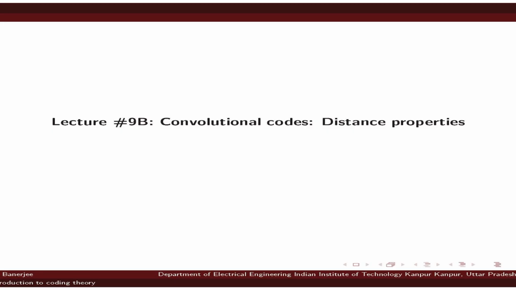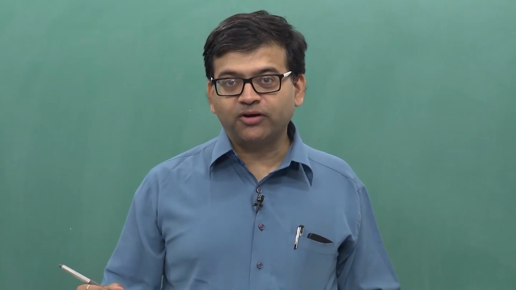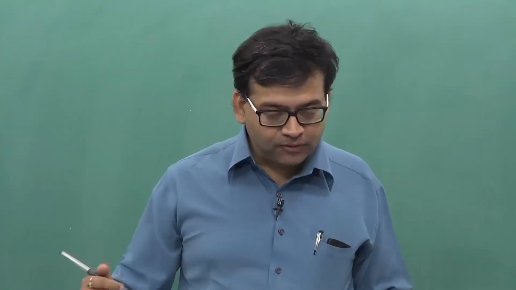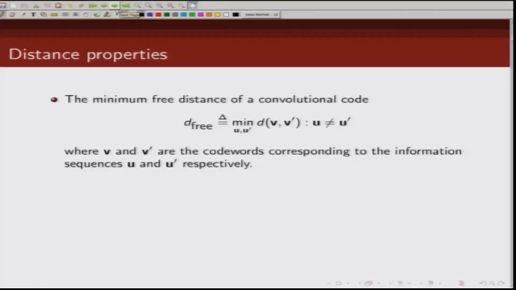So, in this lecture we are going to talk about how we can find out the weight distribution of convolutional codes, and we are going to discuss the distance properties of convolutional codes. This lecture deals with how we can enumerate the distance profile or the weight distribution of a convolutional code. Before we discuss a technique to find the weight distribution, let us define